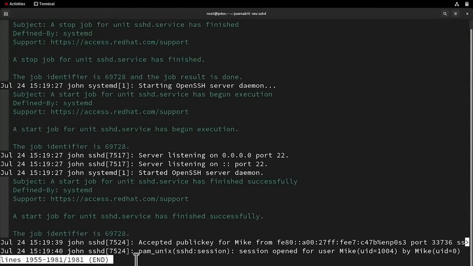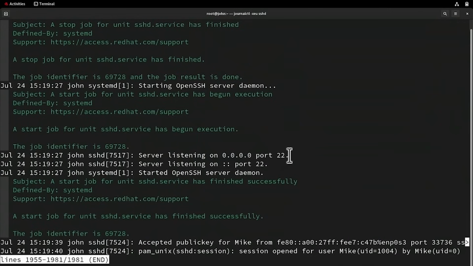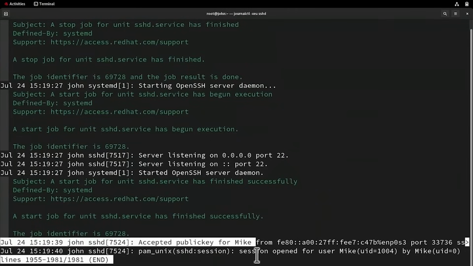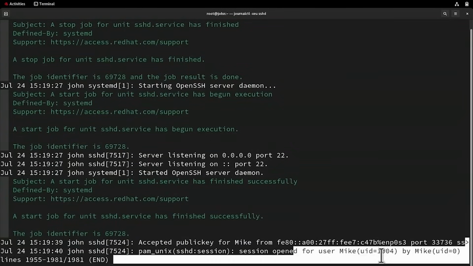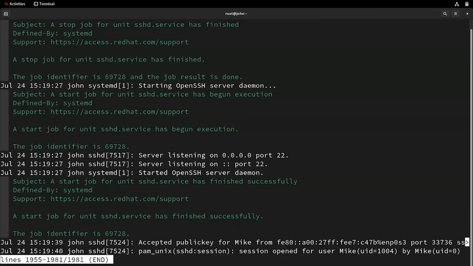Then press Enter. In the output, you'll see detailed logs related to sshd, such as confirmation that it is listening on port 22, user mic logging in, the UID assigned to mic, and various other authentication and session-related messages. To exit the log view, simply press Q. And that concludes our demonstration on troubleshooting the SSH service using syntax validation, logs, and connection testing to help prevent